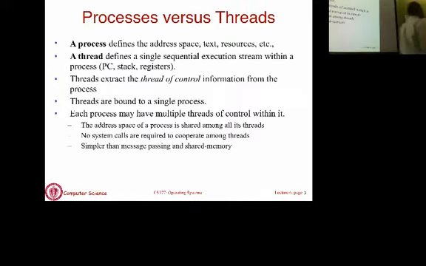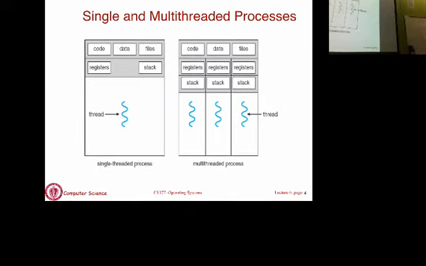Just to recap, a thread is essentially a sequential stream of execution through an address space. An address space is a piece of memory. Typically, when it is a process, there is one stream of execution, one entity, the thread within that process, that's executing instructions. When you have threads, there are multiple executing entities within the same process, which we will call a multi-threaded process. Each of these executing entities we call a thread, and that represents a sequential stream of execution through that address space. All of the threads share the code for that process.